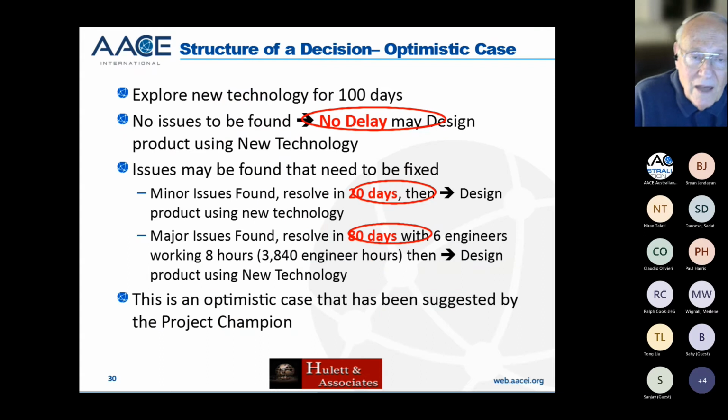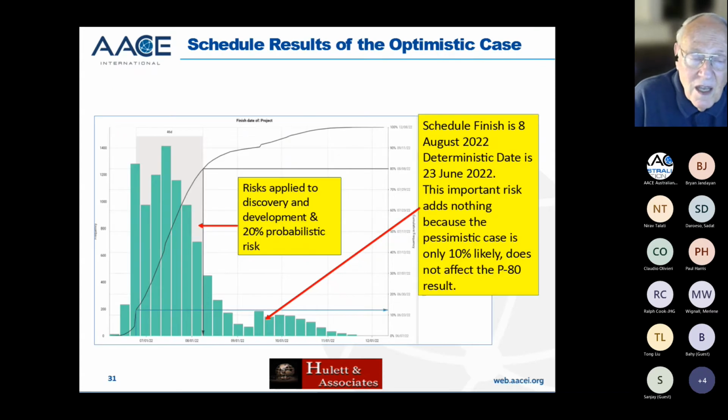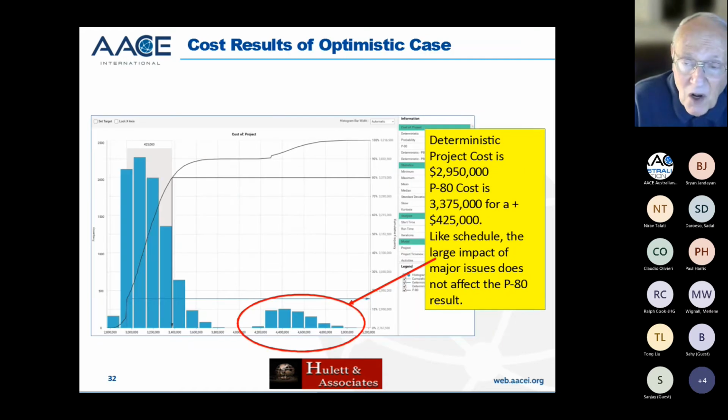So, okay, and so here it is, the 70% chance of nothing happening, and the 20% chance of minor things happening for 20 days. That's all in the left-hand mode. And then the 10% chance of a lot of problems, according to the sponsor of the project, is over here on the right-hand side, a little secondary mode. Notice that they're an 80% company, so they surely don't care about something that's only 10%. And you get the same thing for costs.